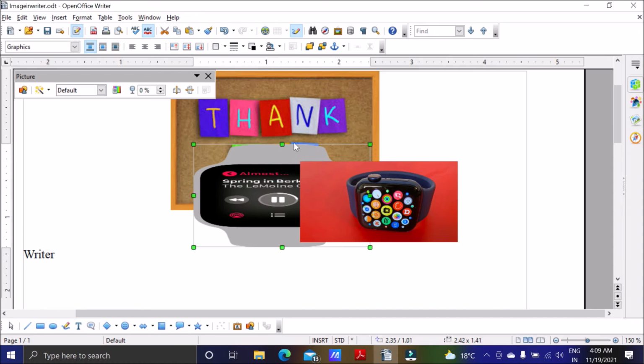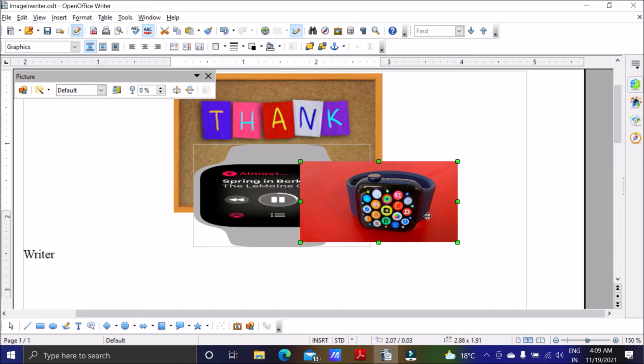They are stacked as if we have three pages, first page, second page, third page. So they are stacked on an imaginary axis, in layers: first layer, second layer, third layer.